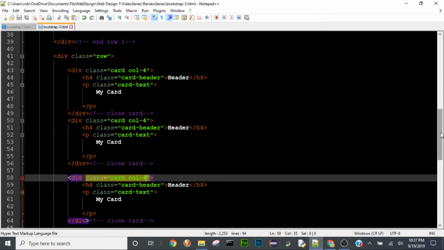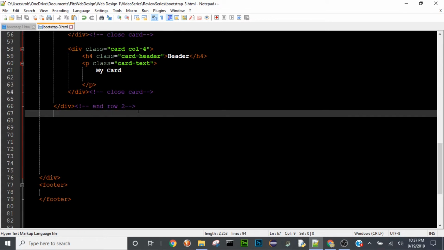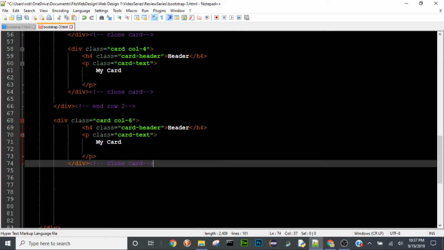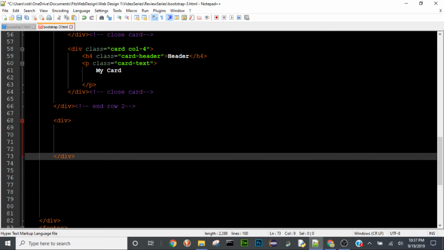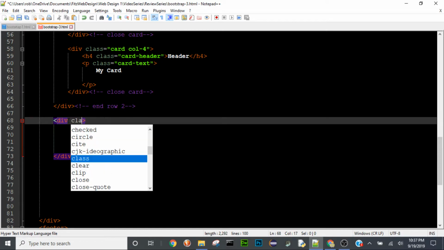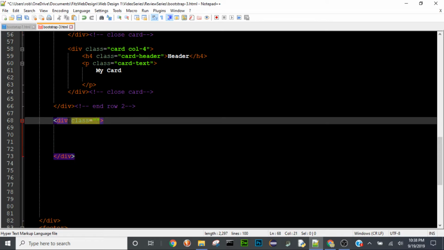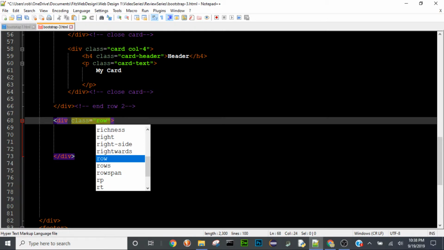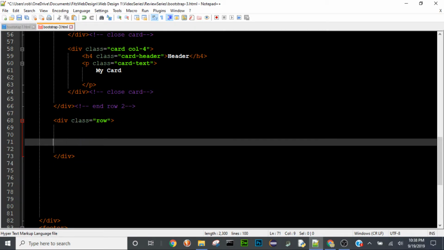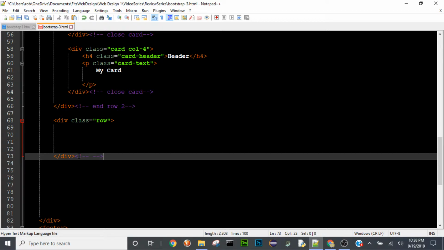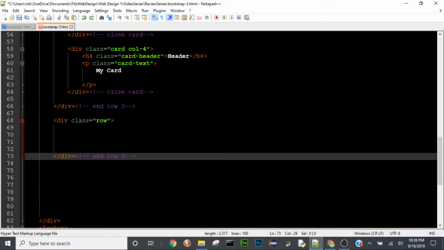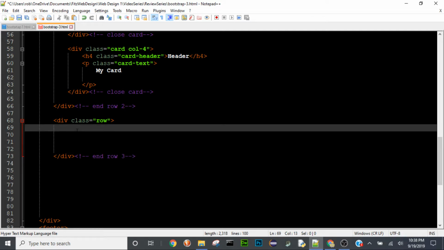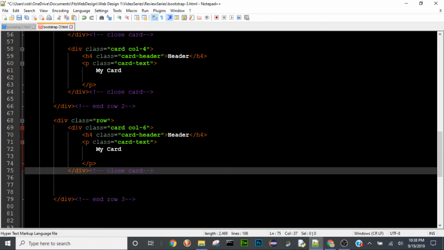So in our next row, in our row 3, whoops, wrong thing. Div with a class of row again. Then we'll comment the end. There are additional things that you can add. So we're going to add in our card here,